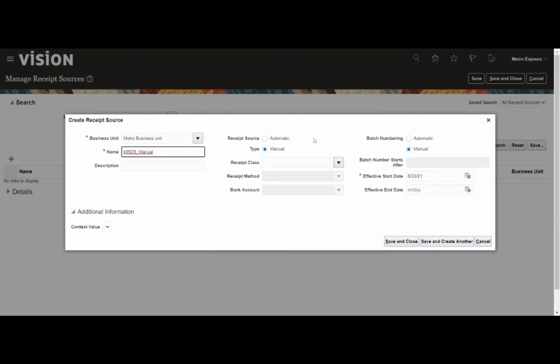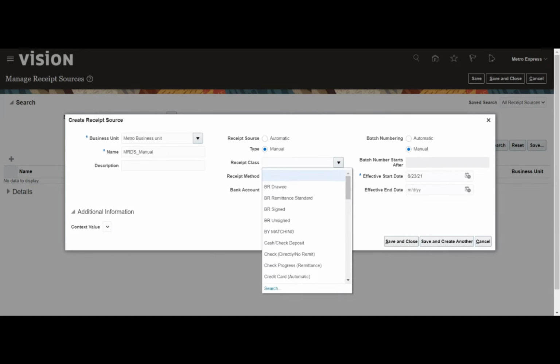Similarly, here also I can select either the manual option or the automatic. I'm just selecting manual because we don't have any integration with an external application. Okay, so I'm just attaching the class that we created.